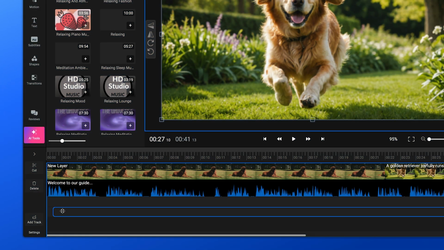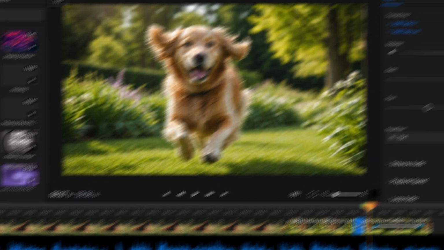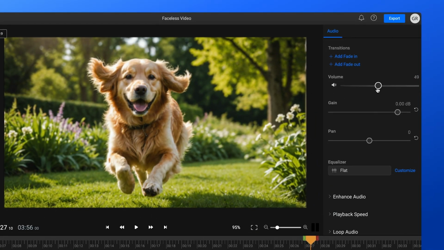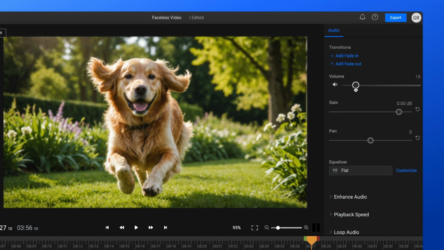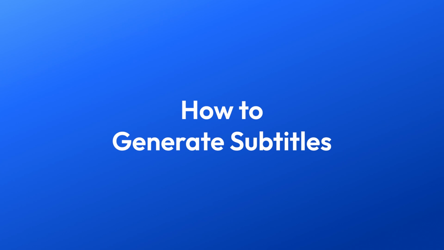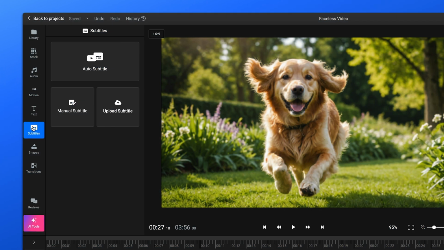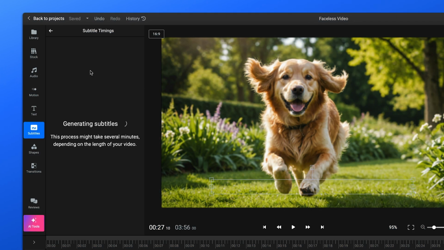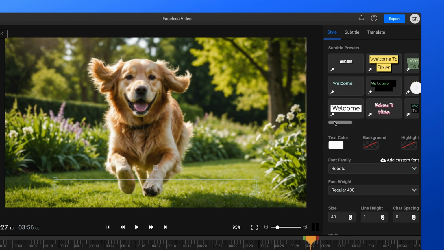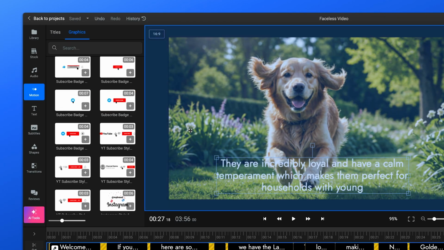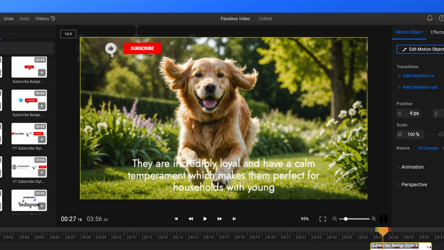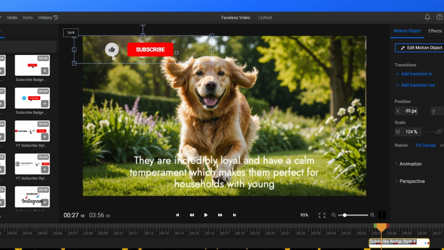Make sure that your sound effects are related to your scene and use the right side menu to adjust the volume of your sounds and ensure that they don't overpower the voiceover and make everything hard to understand. Finally, if you open the Subtitle tab, you'll be able to generate a fully synchronized subtitle for your video automatically, then customize and animate it easily. You can also add animated like and subscribe calls to action and other ready-made customizable motion graphics in the Motion tab. For more details on how you can animate or translate your subtitles into different languages, check out the link